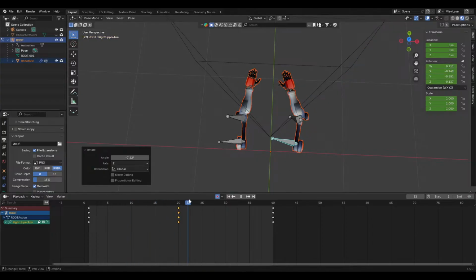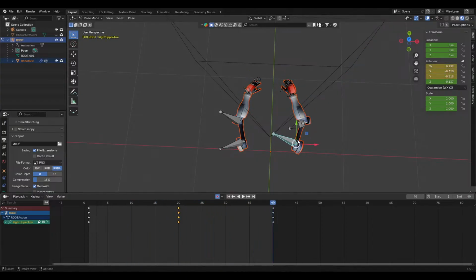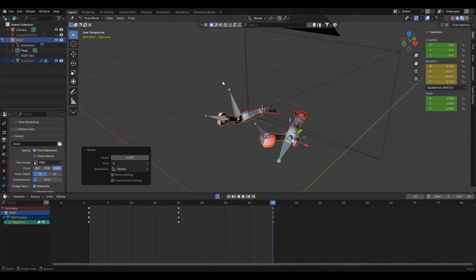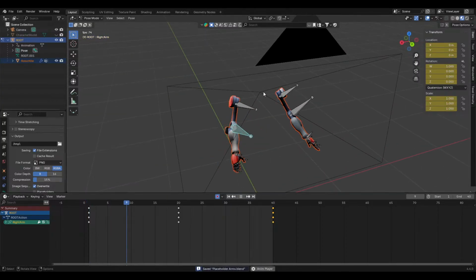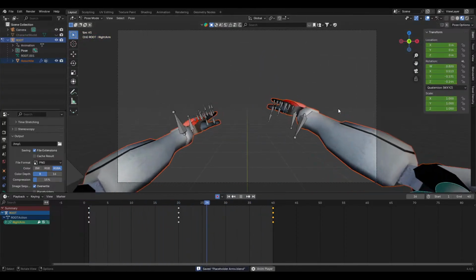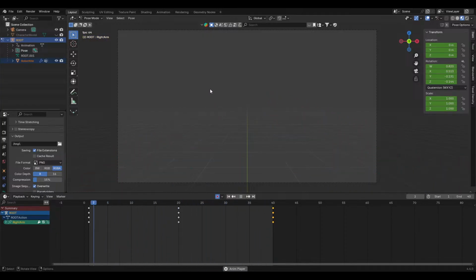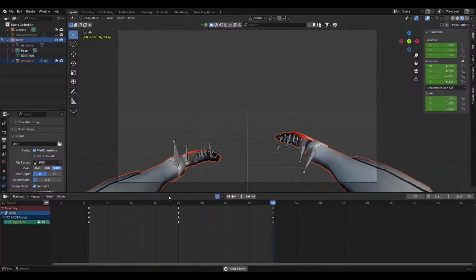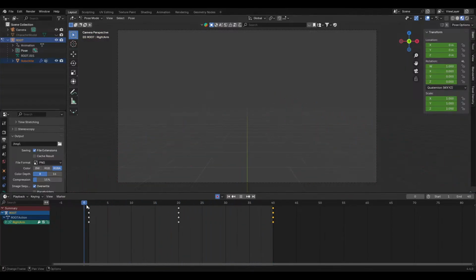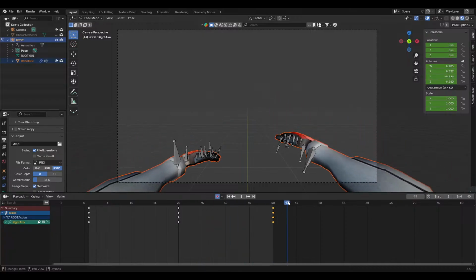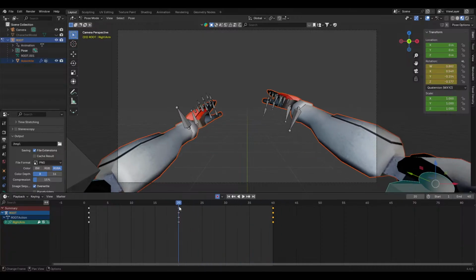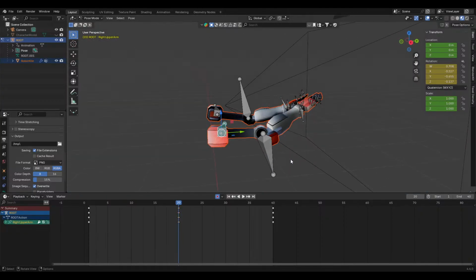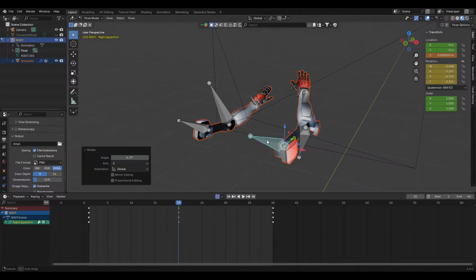Just like that. And a little bit out like so. I think that looks pretty decent. I mean, hands go up and then calmly kind of drop. I think maybe we raise the arms a little bit higher though. Like here, so